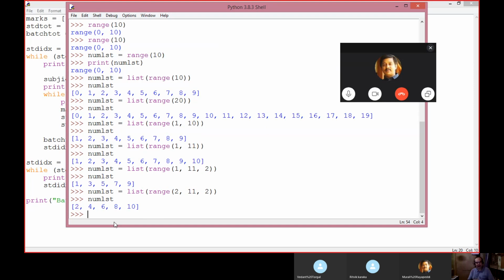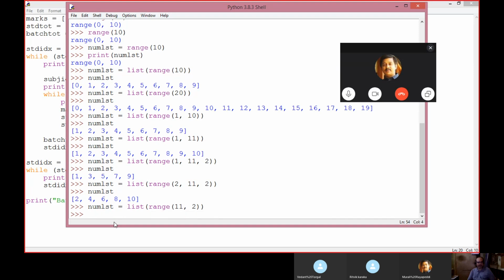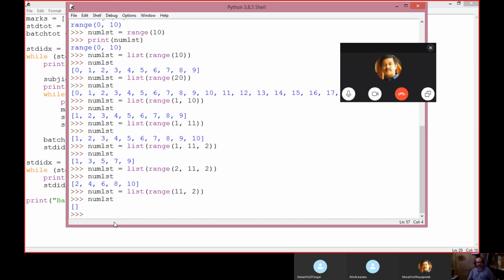Fine. Okay. Now in this, I can omit this, so it will begin from 0, then 2 and so on. Now see, let's experiment. Now it is giving some gadbad. Why? It doesn't know where to start.